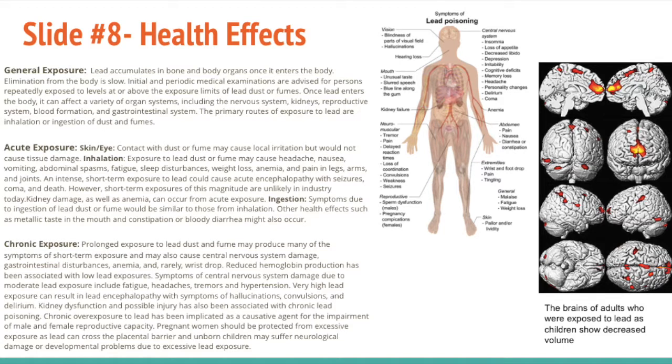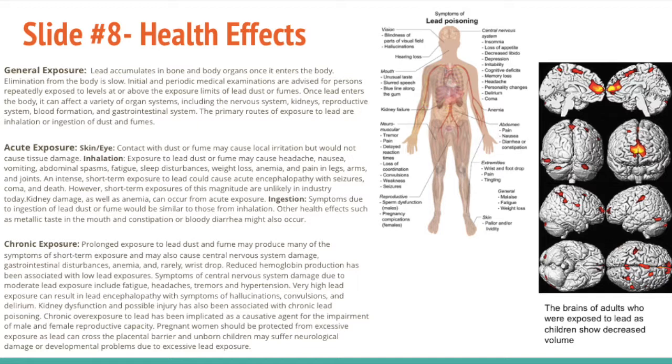The health effects of lead. General exposure. General exposure to lead accumulates in bone and body organs once it enters the body. Elimination from the body is slow. Initial and periodic medical examinations are advised for persons repeatedly exposed to levels at or above the exposure limits of